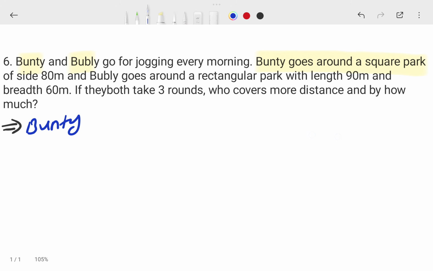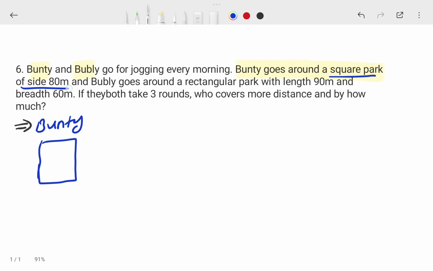Bunty goes in which park? Bunty goes in a square park. So this is a square park, and each side is 80 meters. This is 80 meters, and this is also 80 meters, and this is also 80 meters, and this